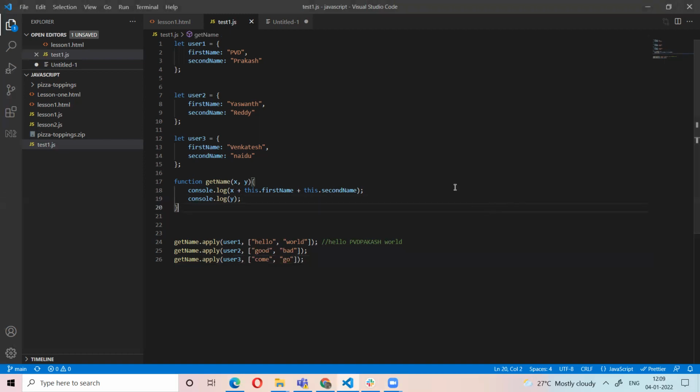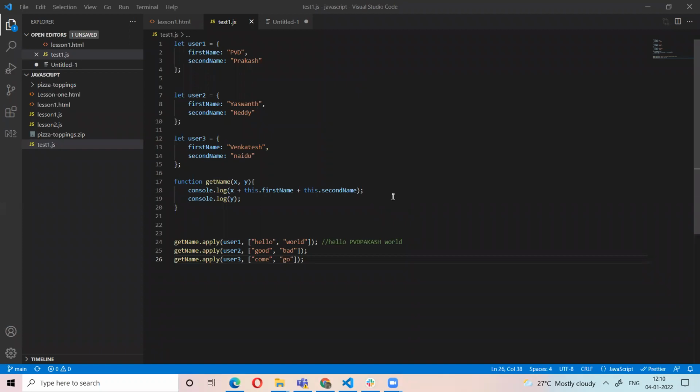Aniket: According to you, apply and call are both the same. The only difference is on the parameter side: when we use call, we pass the values as comma separated, and in apply we use an array format, right?